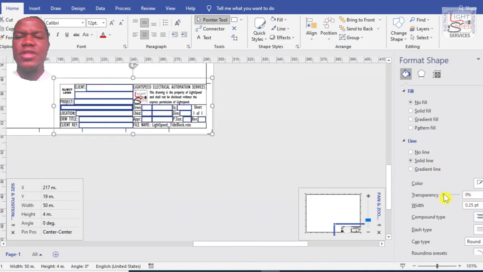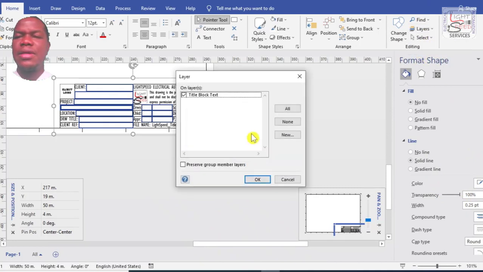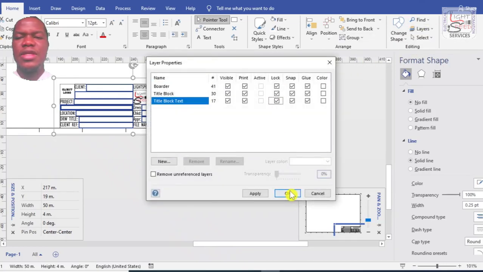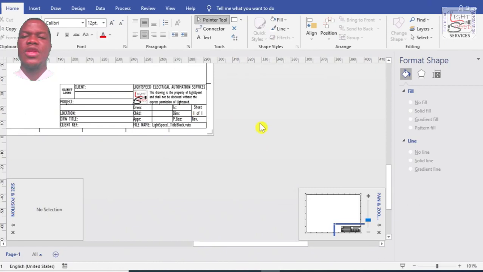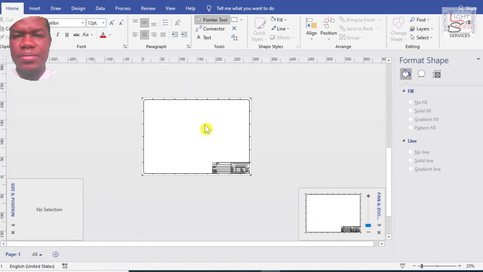That way it becomes invisible. Call it title block text. Okay, and then we lock. Once you lock, nothing can be edited anymore. So we are done.